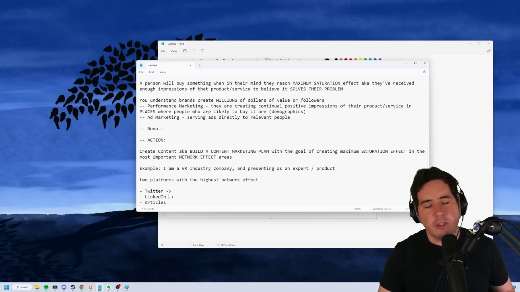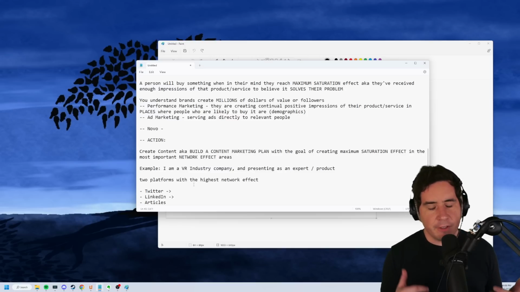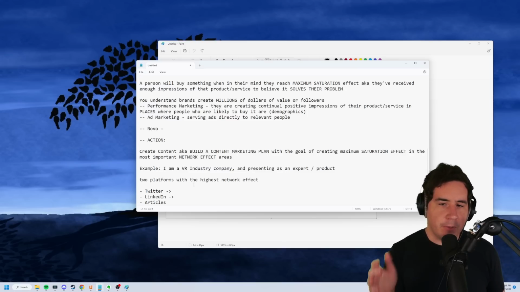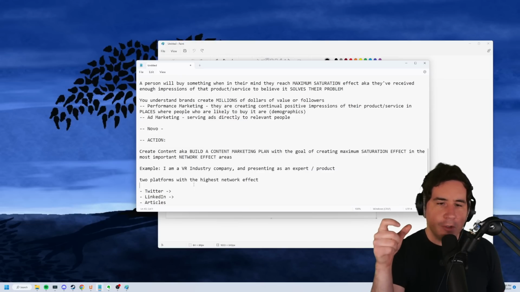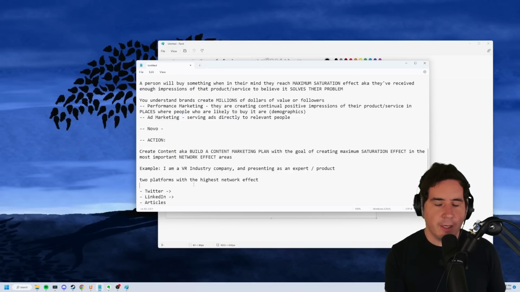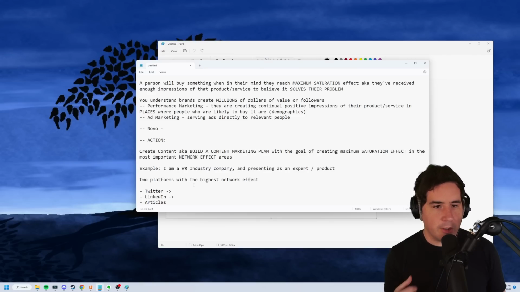So basically, the question you're trying to answer here, since we're talking about action, is where does my demographic live? Your demographic, like we said before, is going to spend time in mostly the same areas. So if I'm targeting that person from the former example that lives in downtown SF and shops at Whole Foods, I obviously probably want to do something related to Whole Foods or health, or maybe they watch a certain podcast because they're interested in that sort of stuff. For example, a lot of these life hack type of people, because I'm one of these people, will watch stuff like Peter Attia.